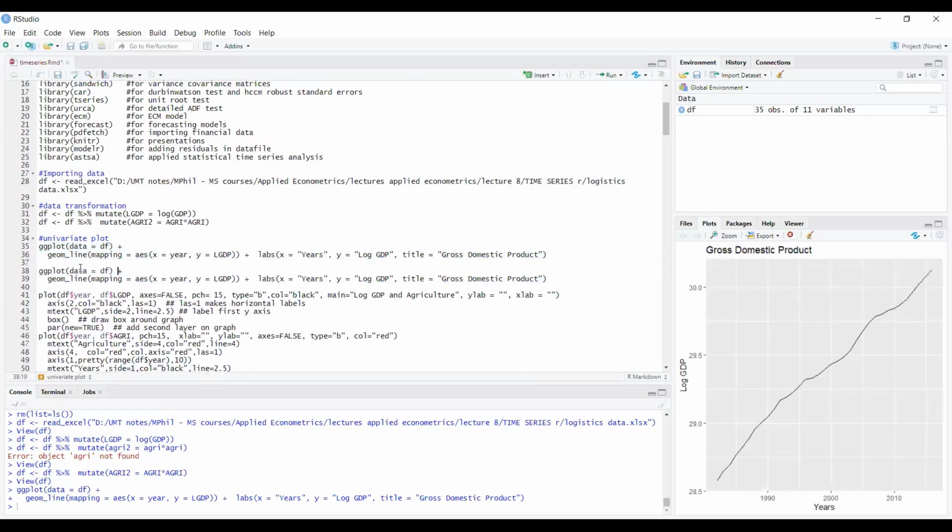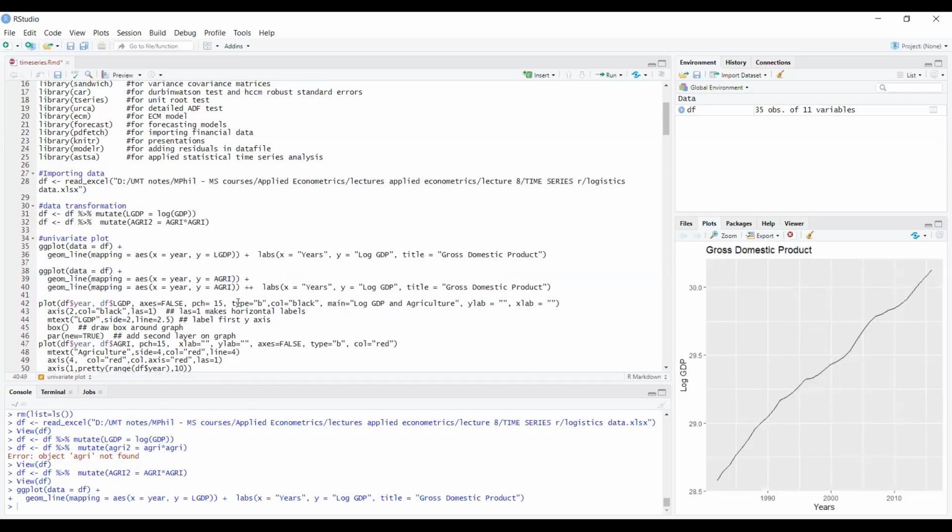So rather than LGDP, I will plot AGRI first, and then copy this geom_line function, and then in the second one I will add industry. Its spelling is IND.